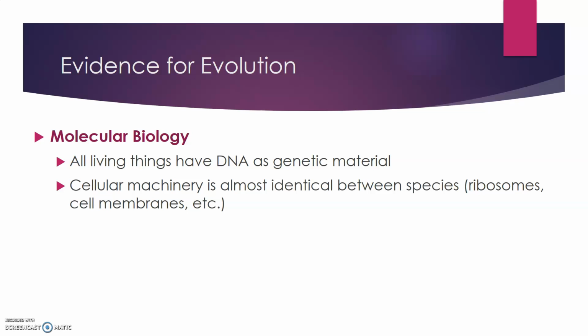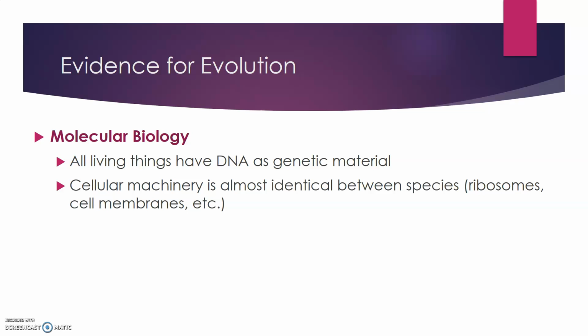So these things are kind of nice pieces of evolutionary evidence, right? We can look at fossils, we can look at the anatomy of organisms, and we can make comparisons between homologous structures like a dog's arm and a human's arm. We can look at vestigial structures, we can look at biogeography as well as embryology, and all of those things are great, right? But the most compelling evidence for evolution really didn't happen until much more recently with the advent